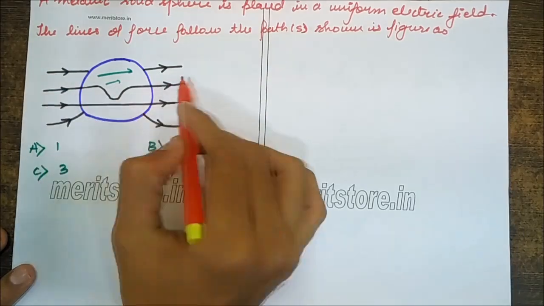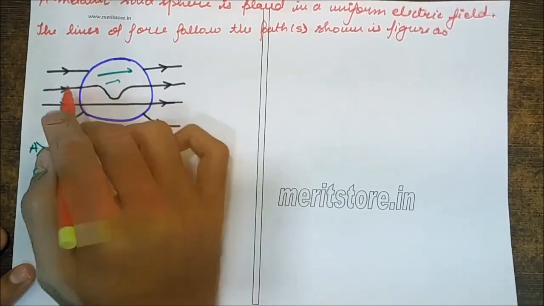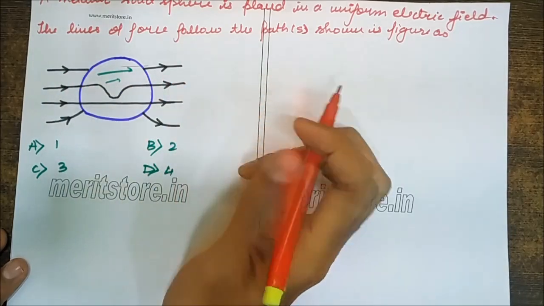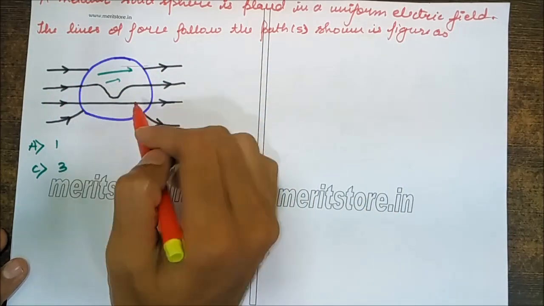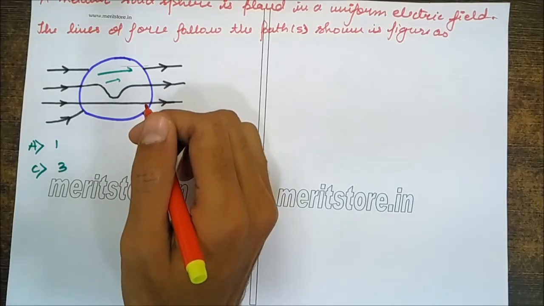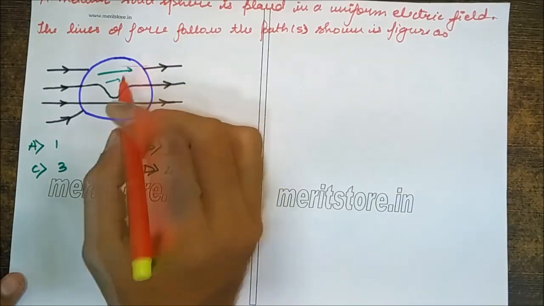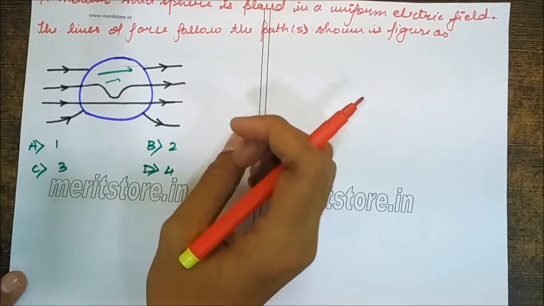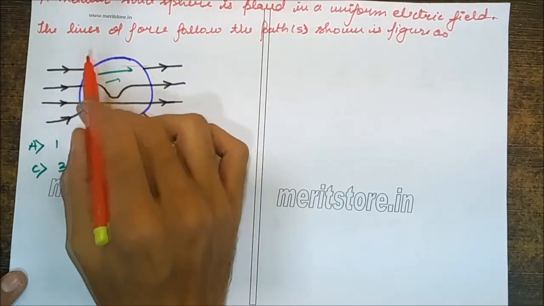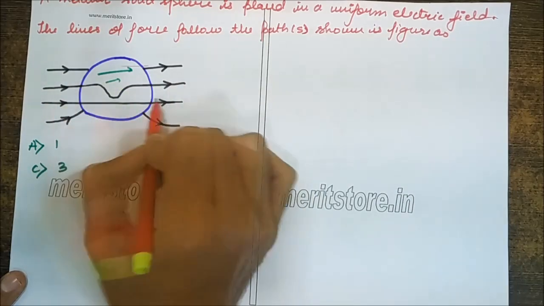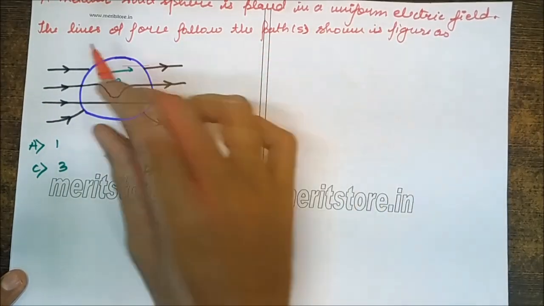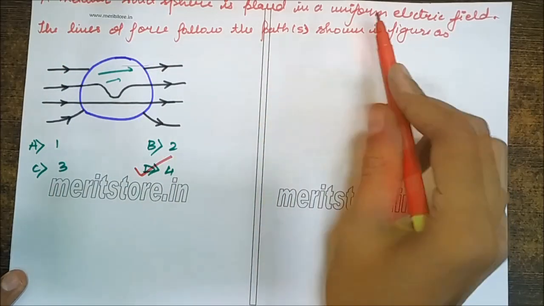We know that when the electric field lines pass through the surface of a conductor, they always pass perpendicular to the surface of the conductor. So on the surface of a metallic sphere, the electric field lines are oriented normally, that is, they are directed towards the center of the sphere. So if there are 4 lines of electric field passing through this surface, your correct option is D, which is 4. So the 4 lines of field follow the path.